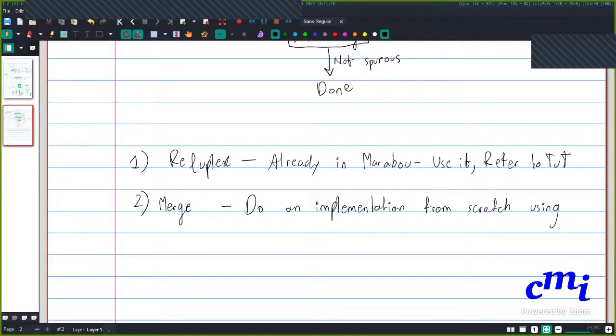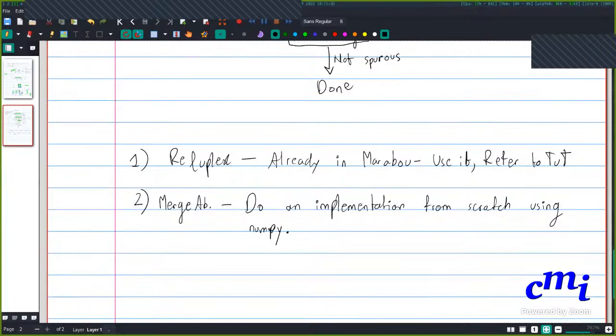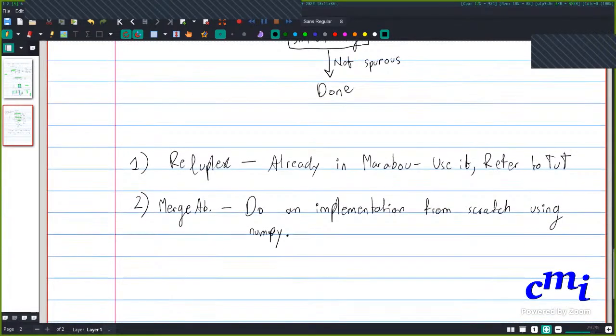So let's revisit this tomorrow. After I present it, you'll get an idea, and you can take a call. Like I was saying, I think that this should be easy, but you are going to see the merge based abstraction algorithm tomorrow. Then you can decide if it is too complicated or too simple for implementation using NumPy. And for deep poly, let's say that we are not going to worry about it right now.